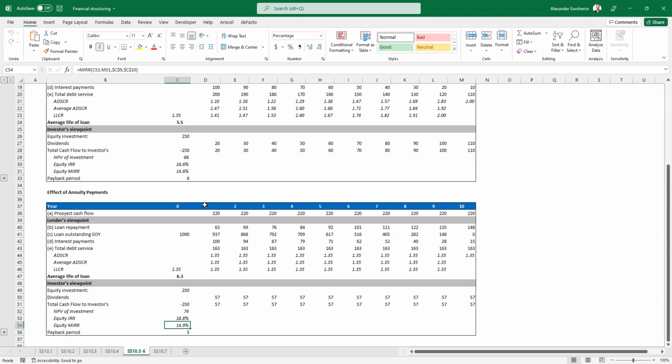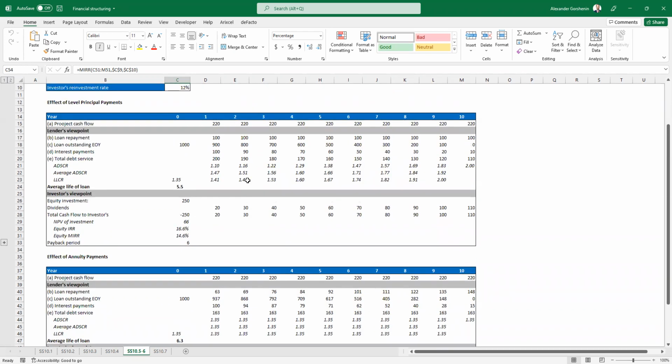So the difference between IRR and MIRR is that while IRR supposes that your cash inflows can be reinvested at the same rate, the MIRR has a different rate for reinvestment of the cash flows that you can receive, representing the actual cost of opportunity you have. Okay, we'll return to these calculations later.